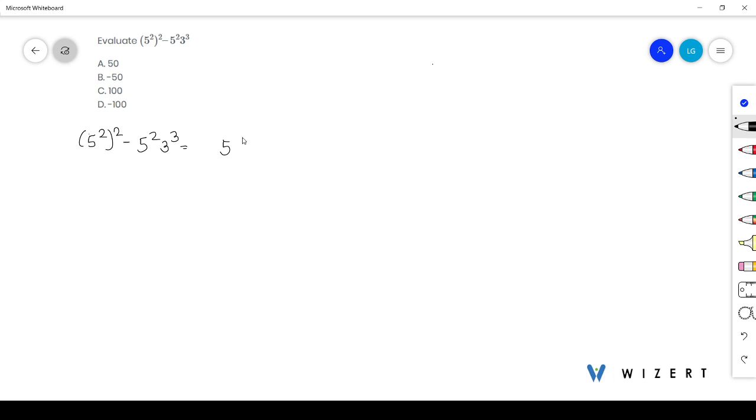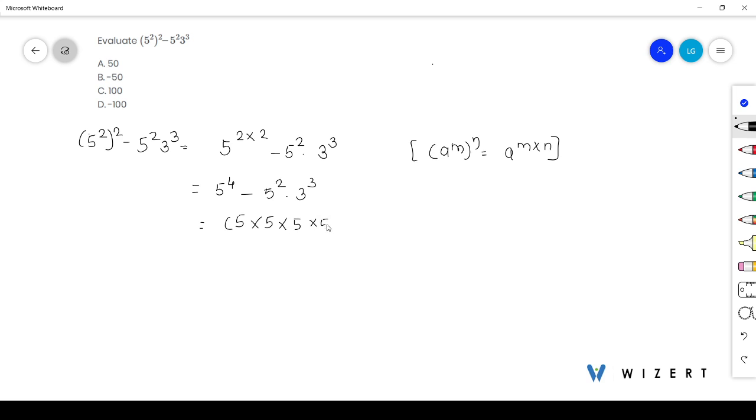We can write this (5²)² as 5 to the power 2×2, minus 5² × 3³. This is because (a^m)^n can be written as a to the power m×n. So here it is 5 to the power 4 minus 5 to the power 2 into 3 to the power 3. This 5 to the power 4